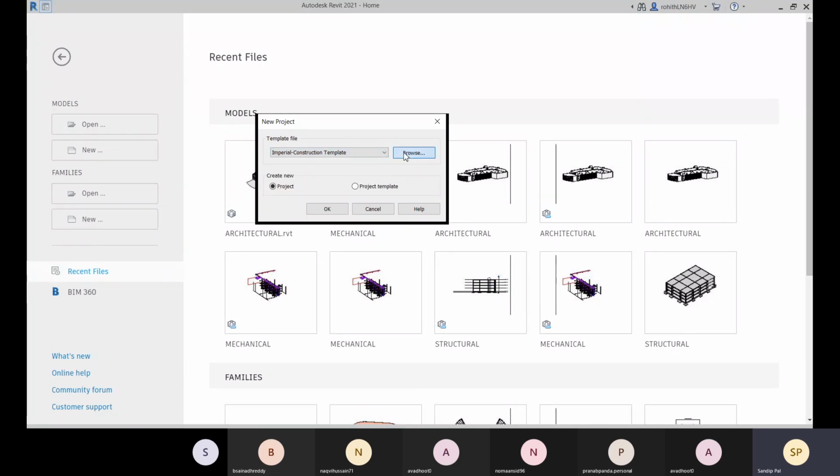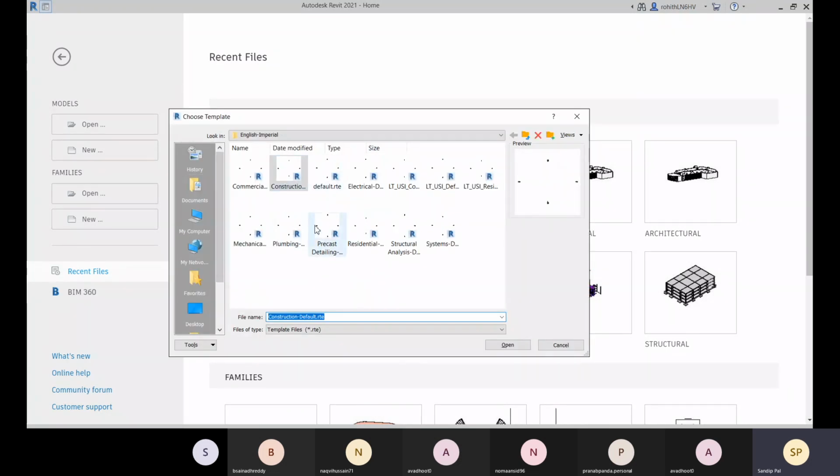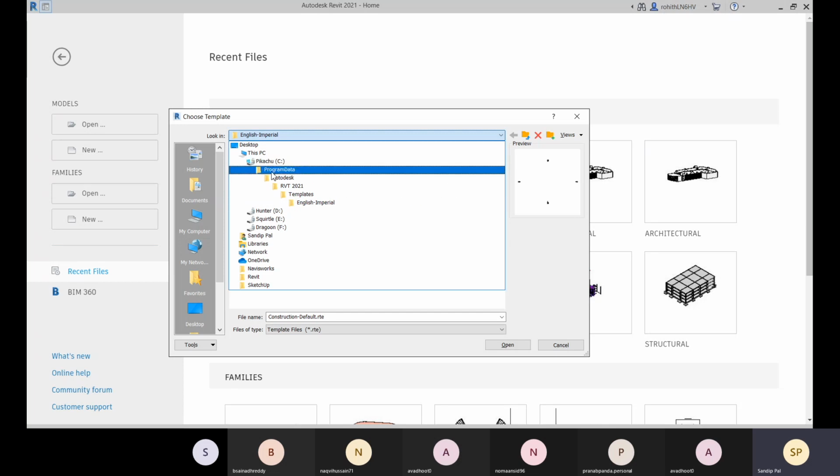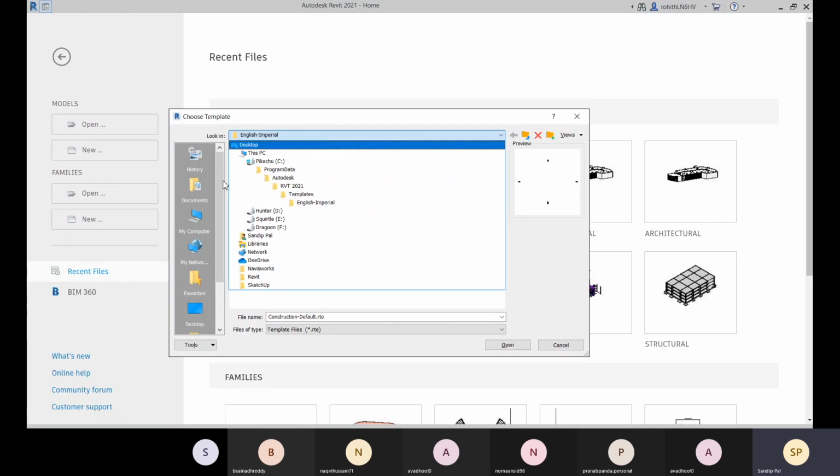You can go to this browse option, and there you find the things available here. This is your imperial folder, and this is the folder path. You can see that within your C drive you have the ProgramData folder, within that the Autodesk folder, and within that RVT 2021, which is created as per your version.